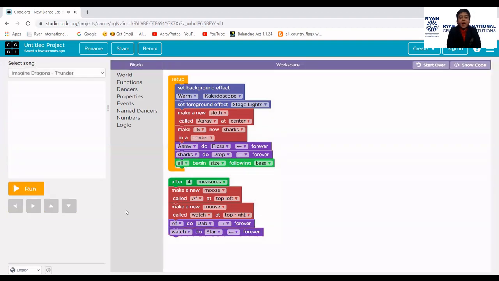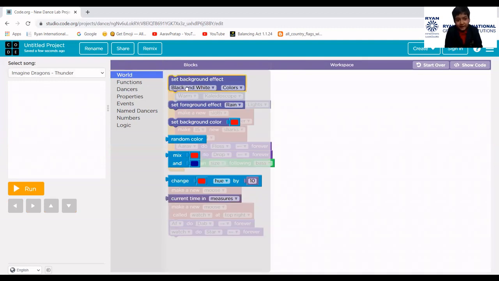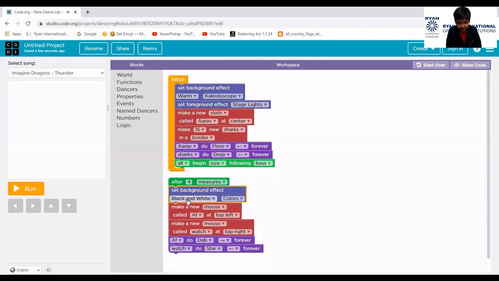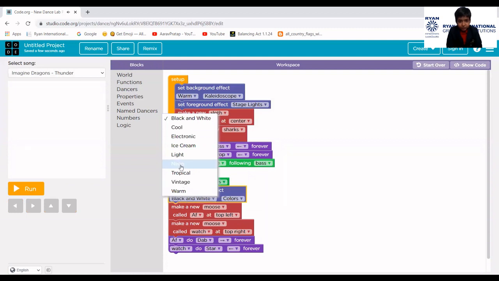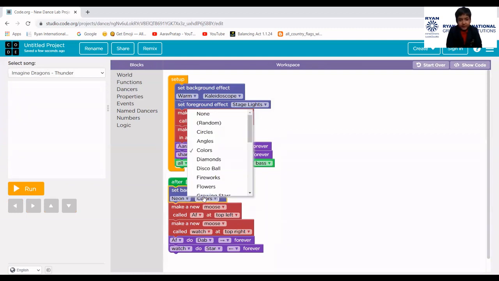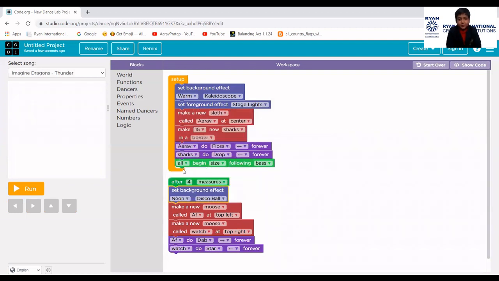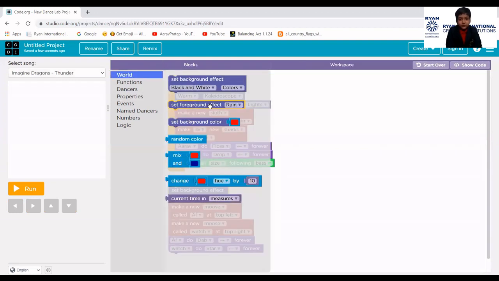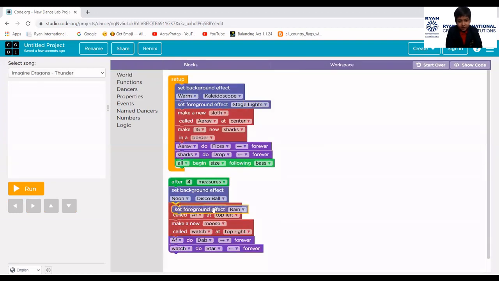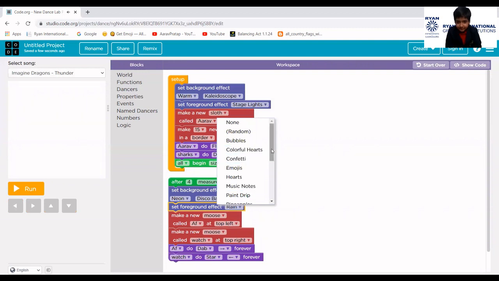Now see, in after 4 measures, we can even change the background. So let's change the background in the after 4 measures. In this, we will choose neon. In colors, we will choose the disco ball. And in the foreground, we will choose music notes.